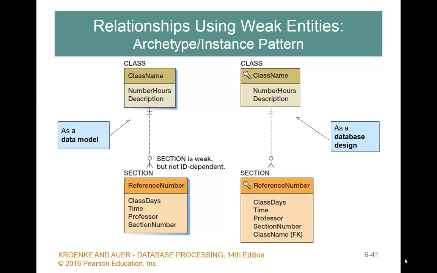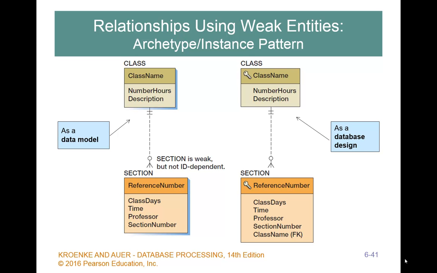So in transforming that entity and creating a relationship, we're simply making our identifier, which is reference number, map over as the primary key of our section, our weak